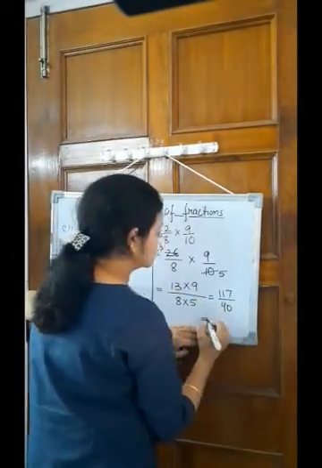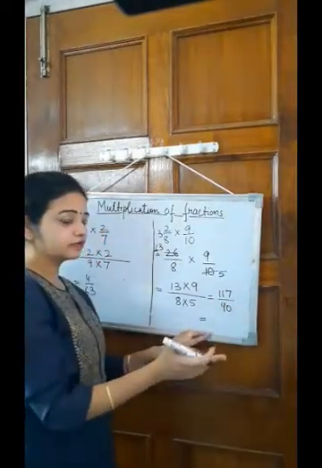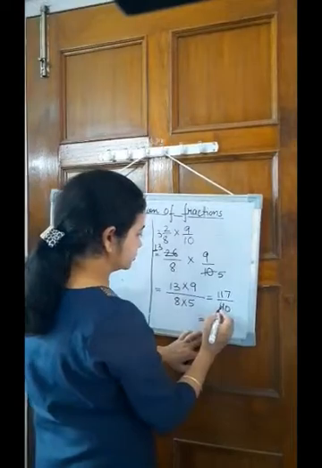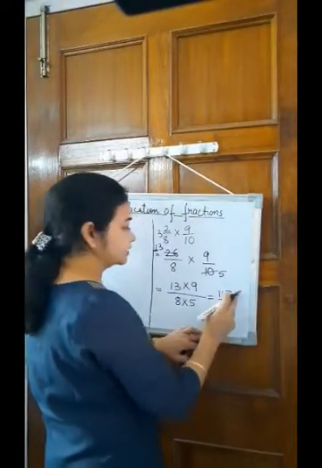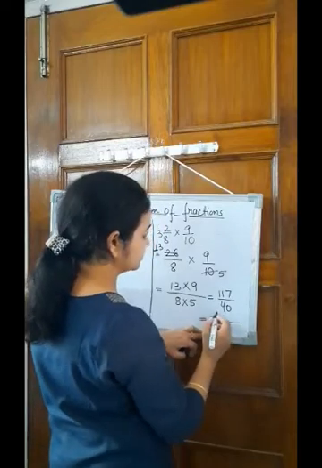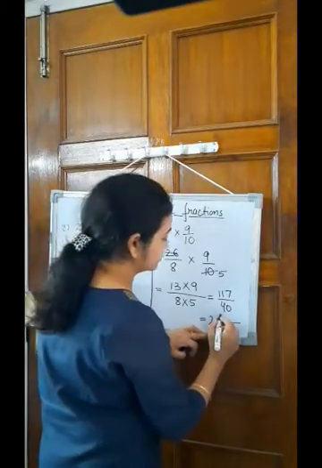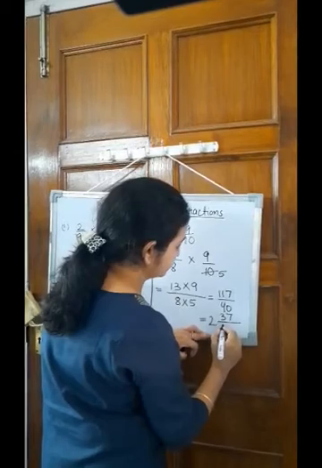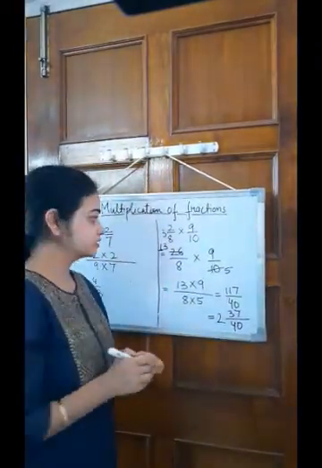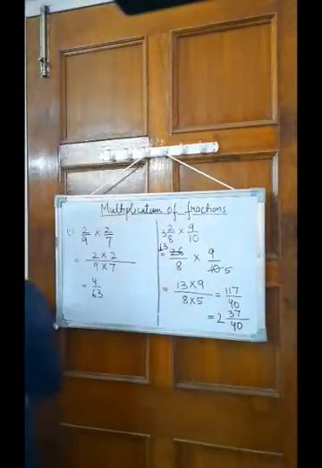Now what we can do? Obviously we cannot cancel it. We can now convert this to mixed fraction. So it is 40. So by 2 we can solve it, 80. And what will be left with? We are left with 37. So this is the answer of the second part. Now let's take one more example.